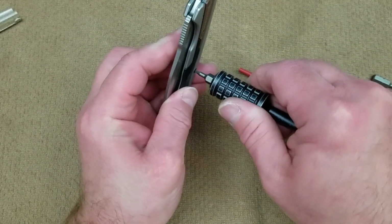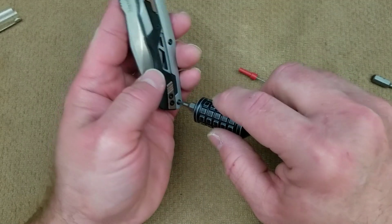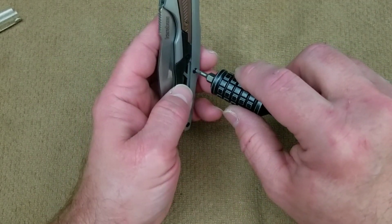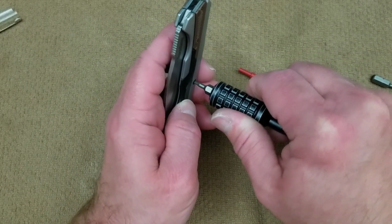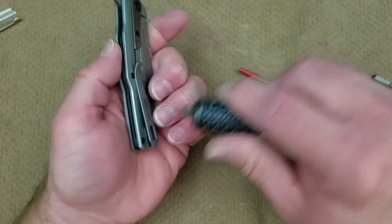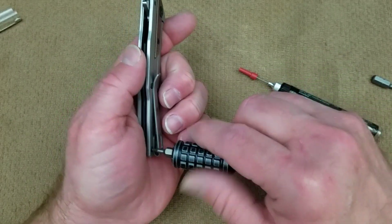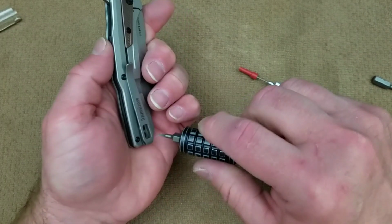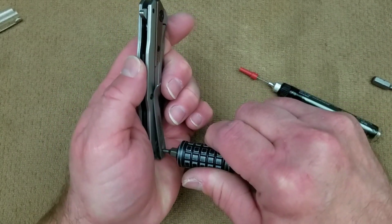I just, it's an attractive design to me. I like the sort of modular, futuristic, transformer sort of look. And you can see, again, I'm going over every T6 screw on this knife, and I'm